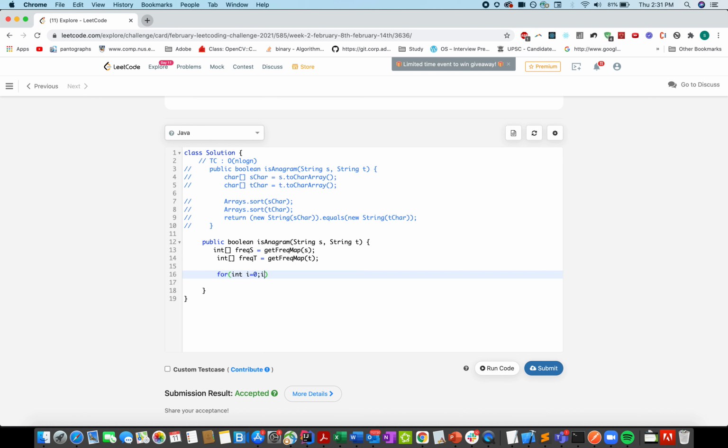We are given that there will be only English lowercase characters, and if for any instance the frequency of S is not equal to frequency of T at that index, you return false, otherwise you return true.